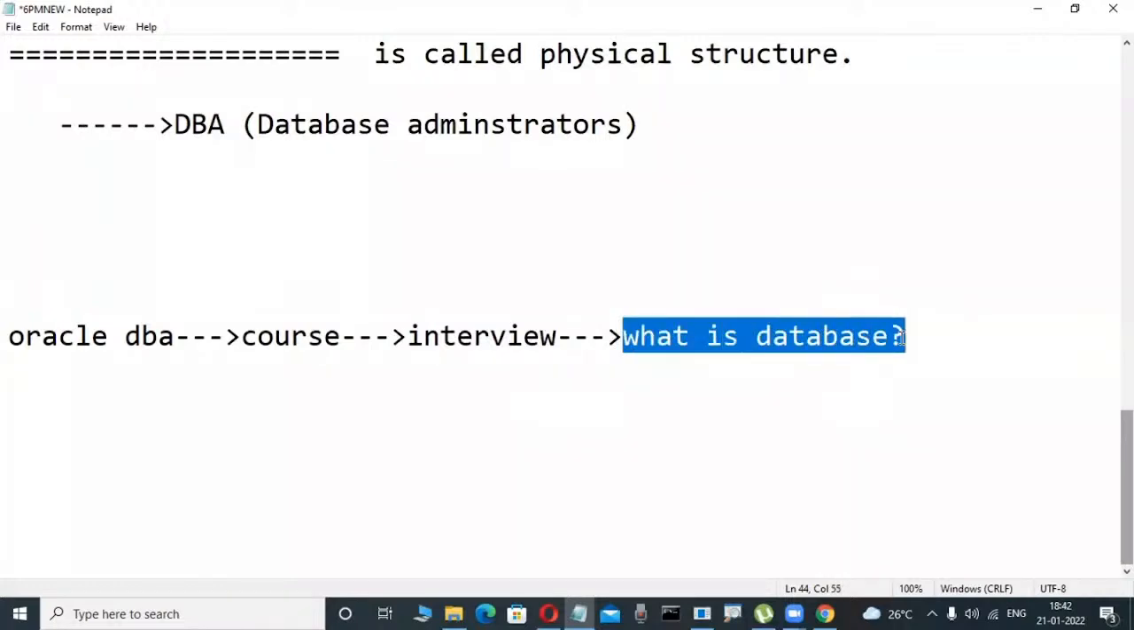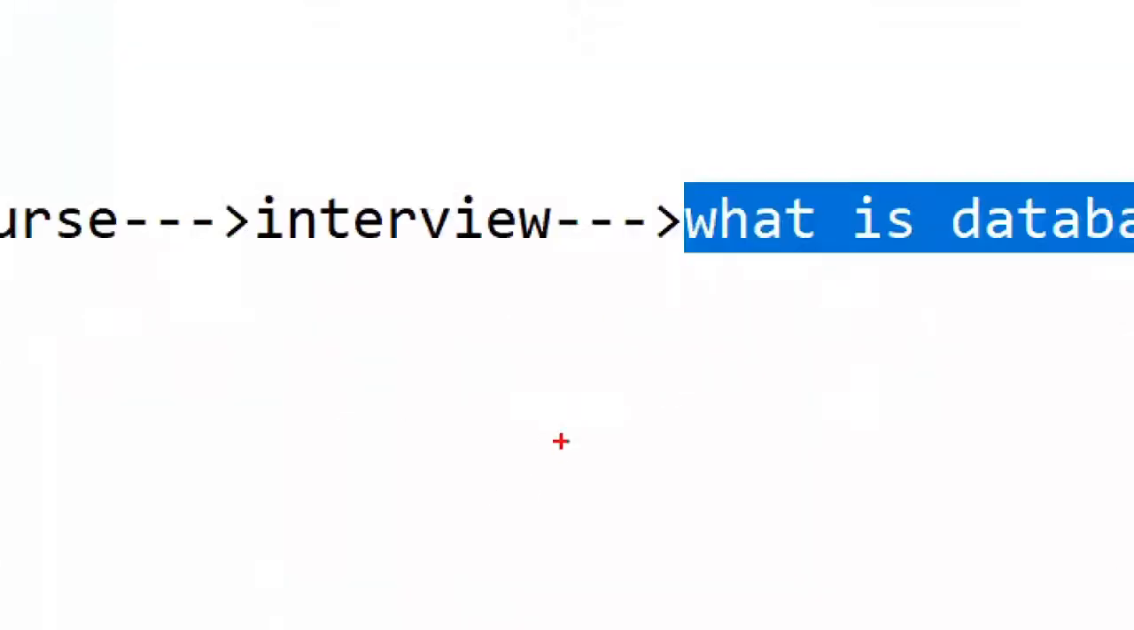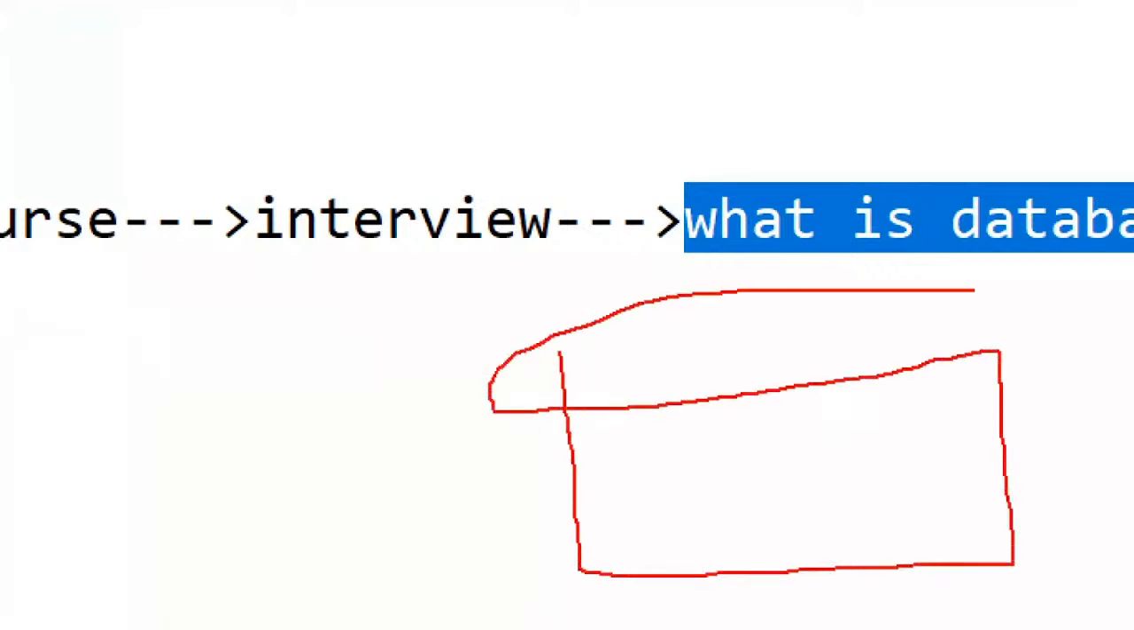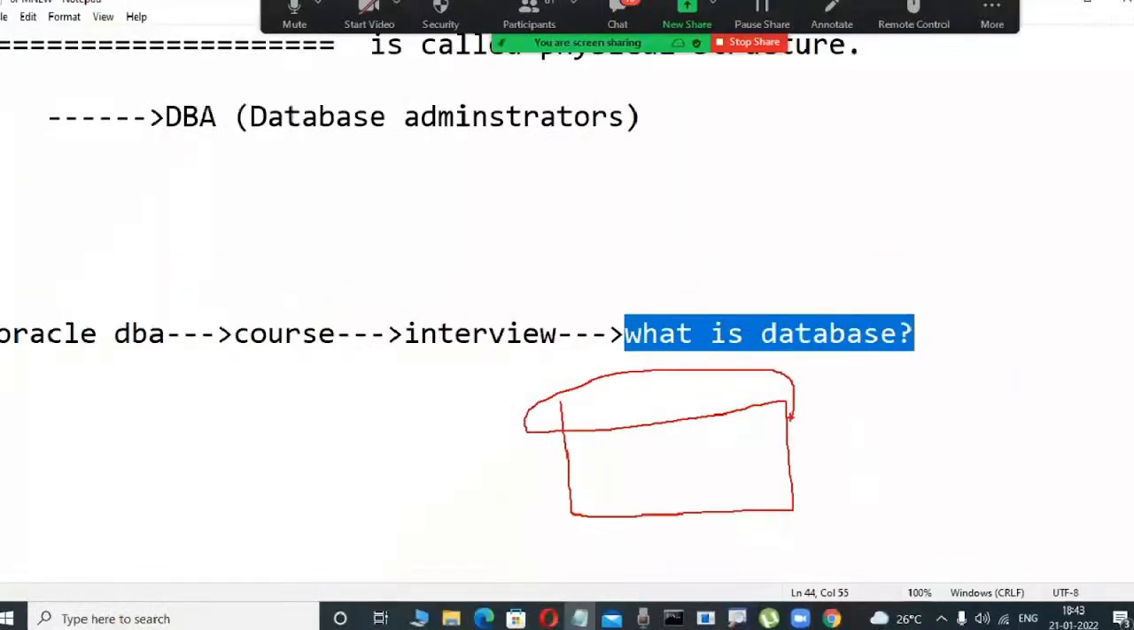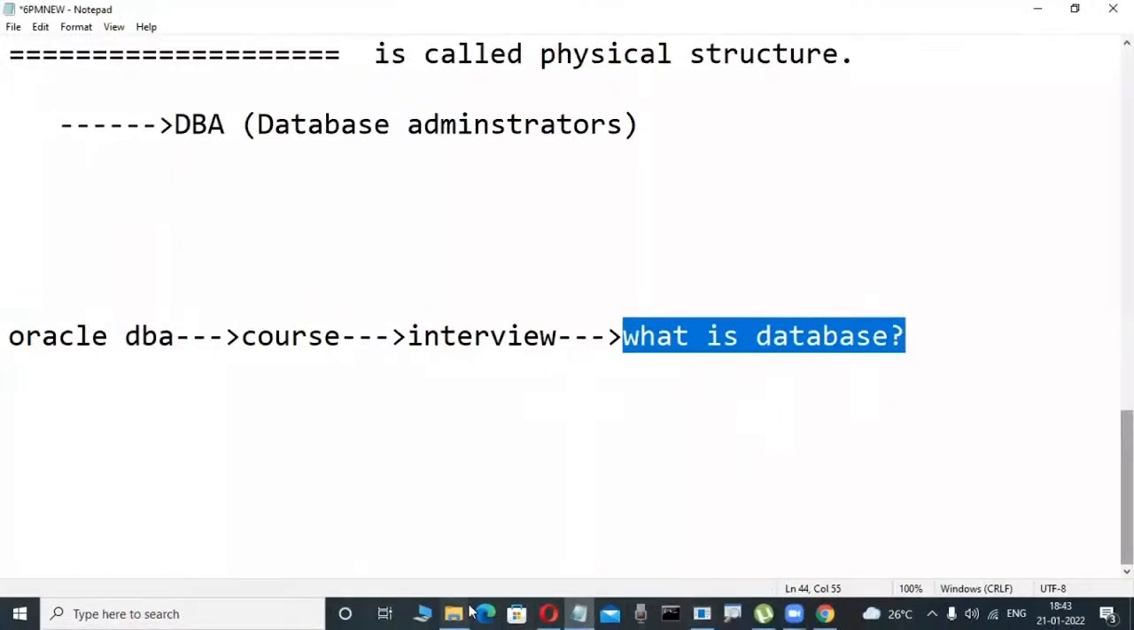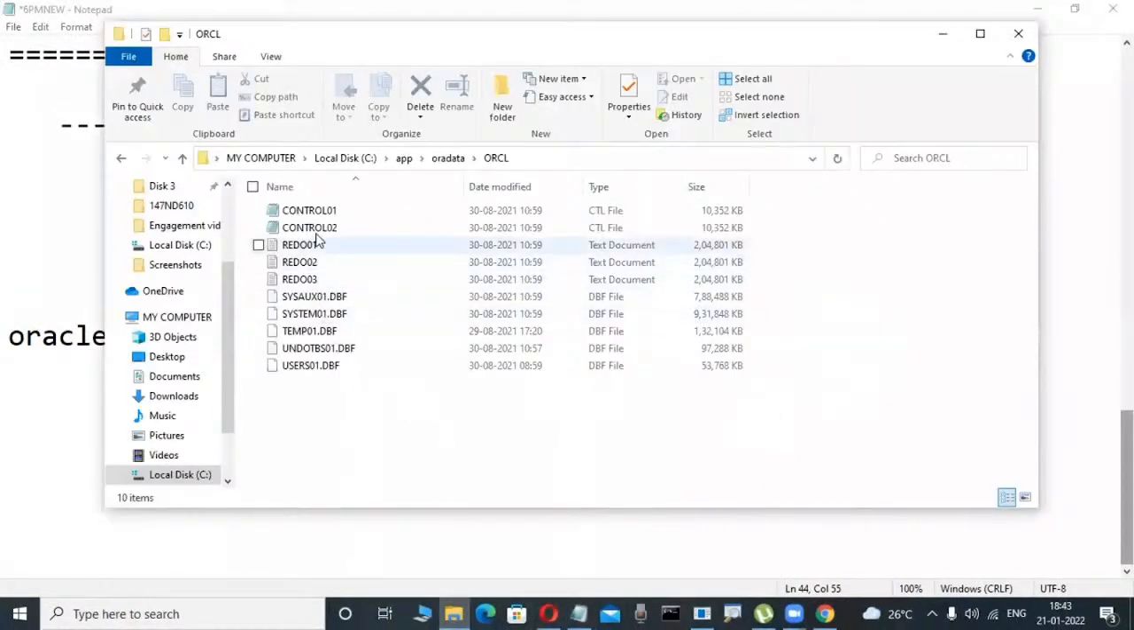Yes, if I am a DBA, I am not telling that it is a place which stores a structured collection of data, because that is the wrong answer. That is the logical side. I am telling the physical side. Whenever I install Oracle software, some physical files are automatically created on a disk,